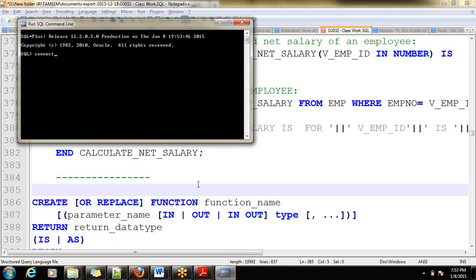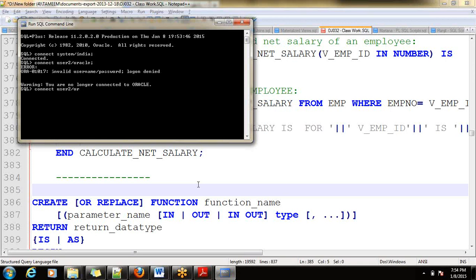I am connecting to Oracle through black color screen. User 2, yes. Then set server output on. Begin.